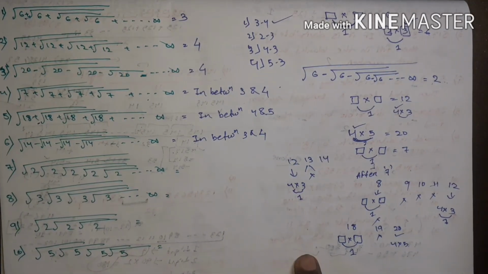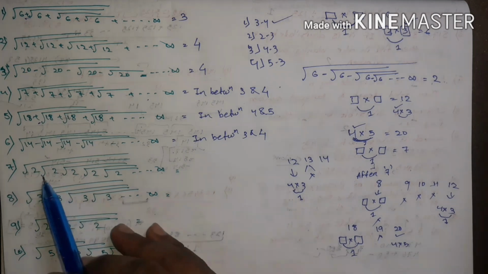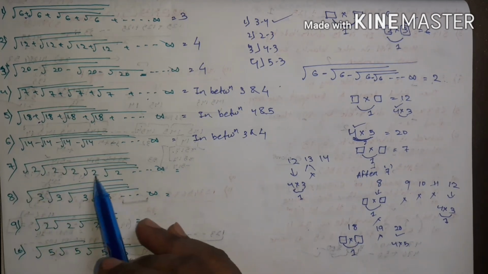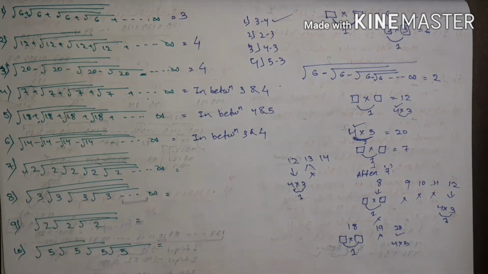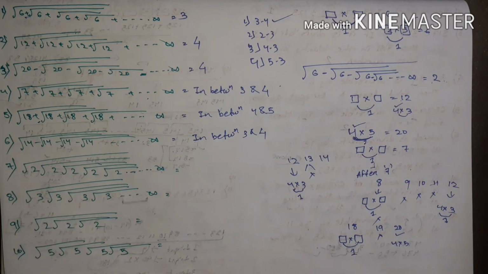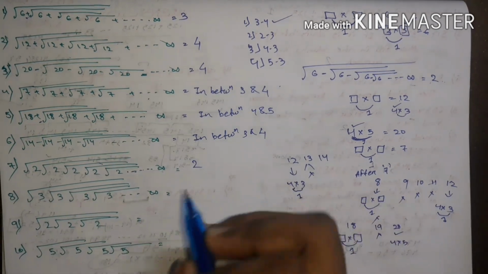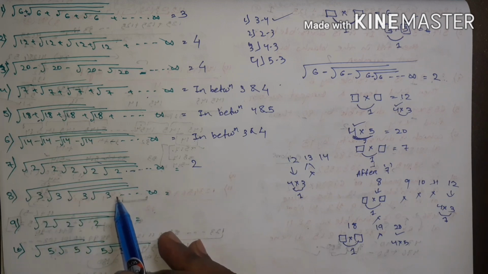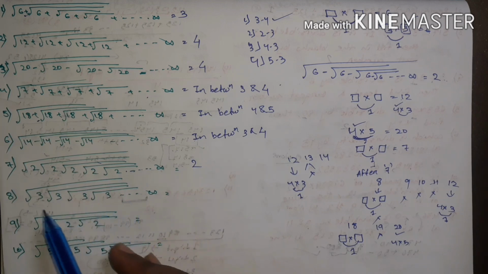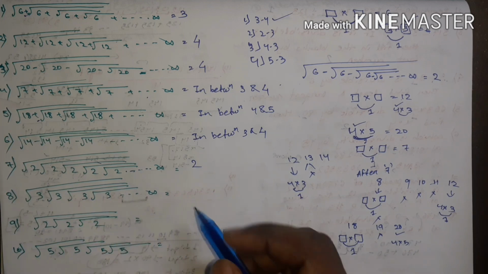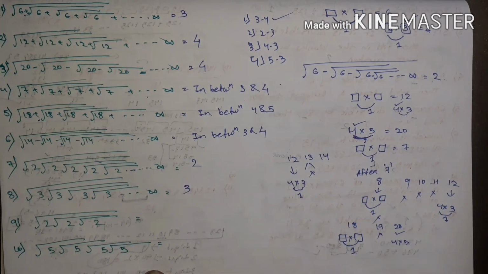Okay, over. Then another question, type of multiply. If any question is like this with multiply and that is infinity times, then its answer is that letter. This answer is 2 only. Here is also the same type, that you have to see first. Same letter is here. It is infinity times. Yes, it is infinite times. Then your answer is 3.